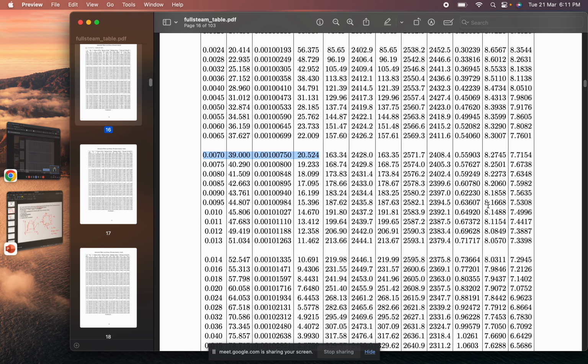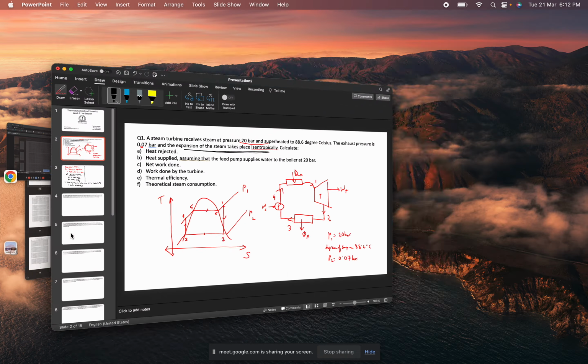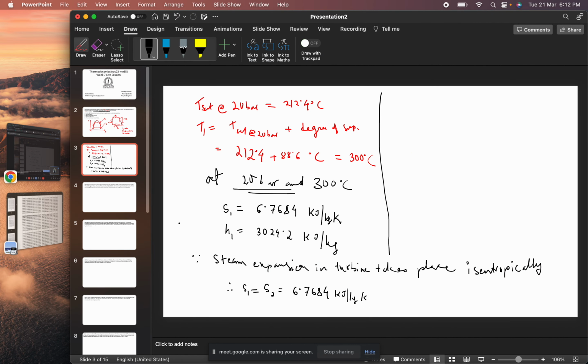Here this is VF VG, this is UF UG, this is HFG, and this is SF SFG. So from here also I can calculate. Let me write it here again. At P equal to 0.07 bar,